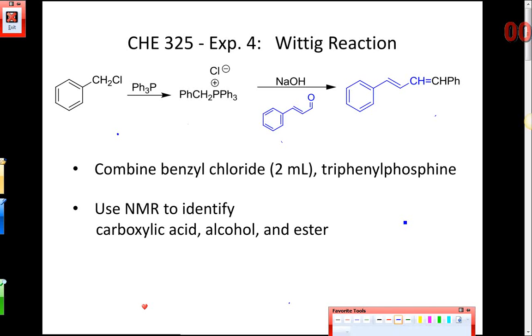In experiment 4, we're going to be carrying out a Wittig reaction. In this reaction, we will react benzyl chloride with triphenylphosphine to produce what we call a phosphonium salt. We'll then react that with sodium hydroxide and trans-cinnamaldehyde